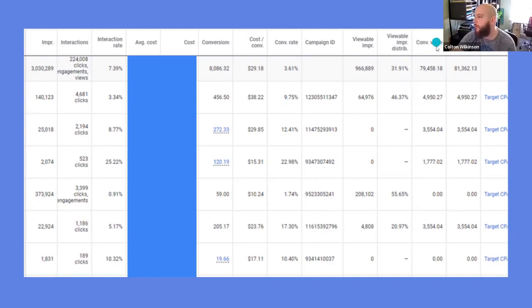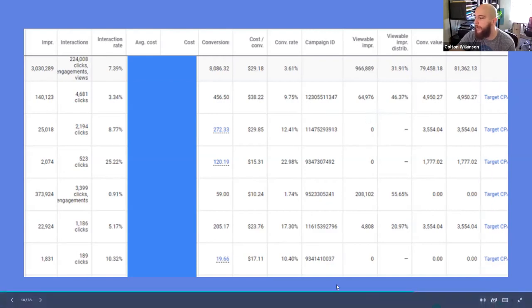And then conversion value, again, if you have conversion values plugged in, so you're saying hey, this conversion is worth X dollar amount, it'll add all those conversions up for you. So you can see what you're either making from the e-commerce perspective or the value of the leads that you've accumulated there. And your bid strategy type here at the far right. Again, depending on what your ad setup is, you might have something different in that column, but you can edit that and do whatever you want to optimize that